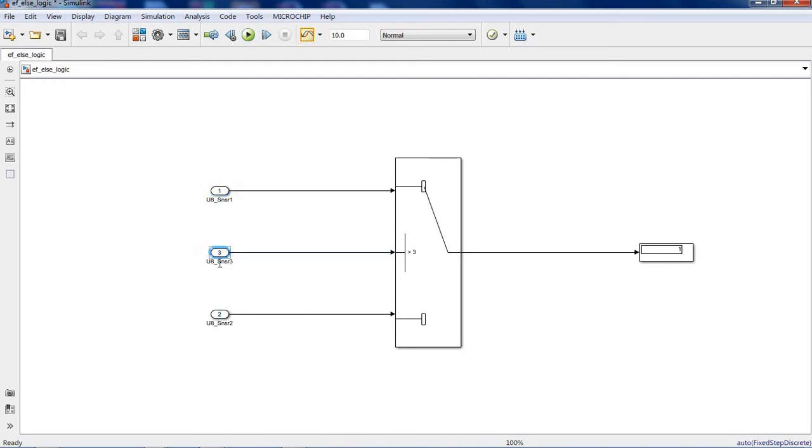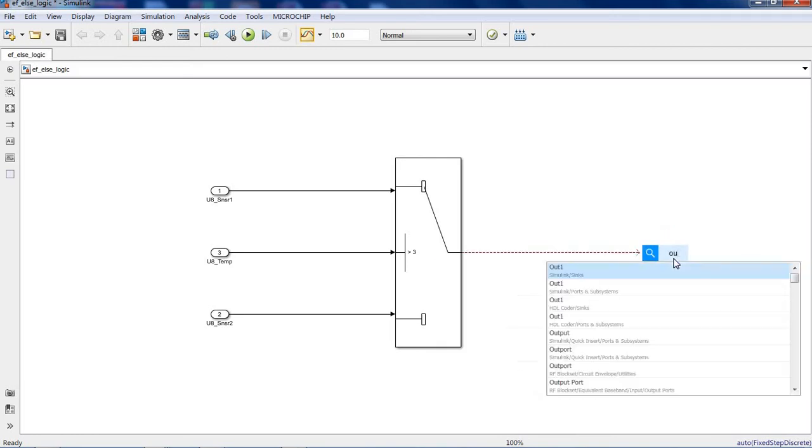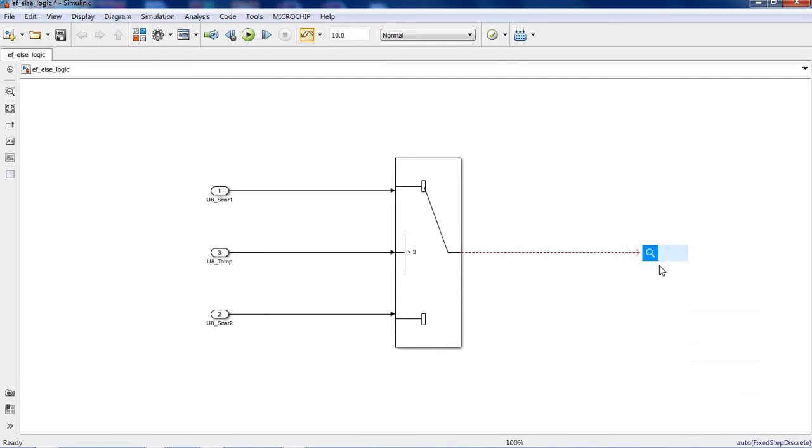This is my conditional input, so I will name it temperature. And here, instead of display, I will write output. This will be my output.